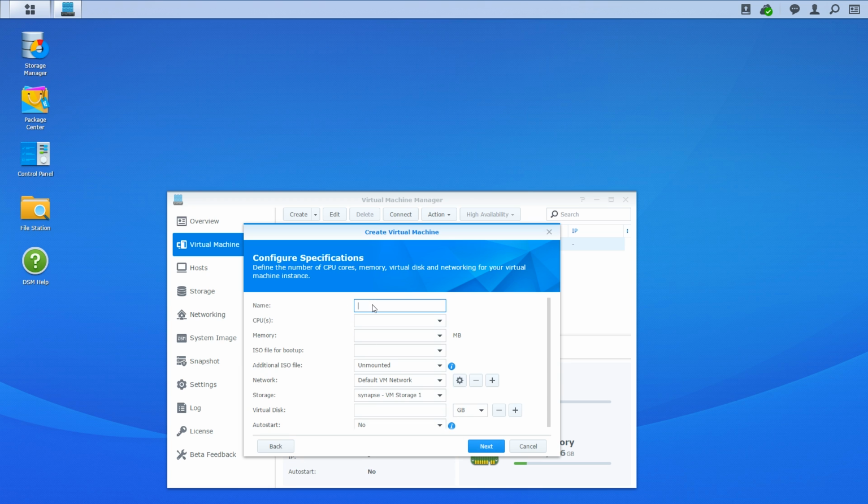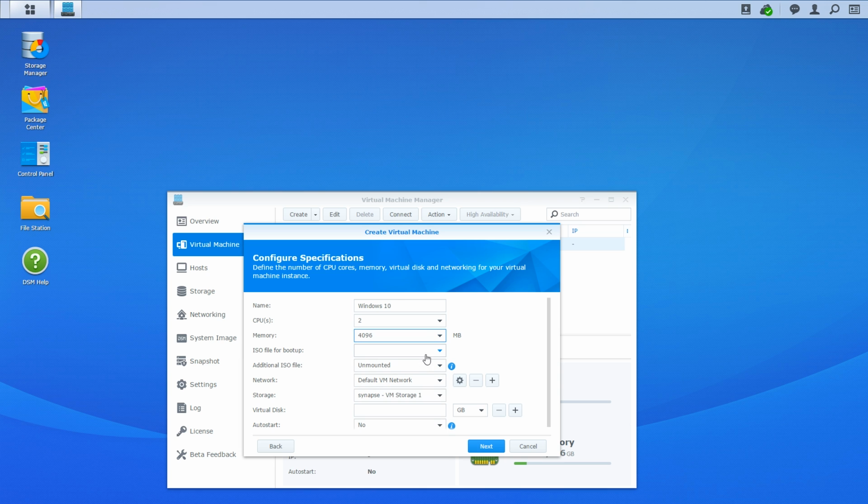Now we can configure all the specs for our virtual machine. The first thing we want to do though is to give it a name. In my case, Windows 10 is perfectly fine. Next in line is the amount of CPU cores we want to use. It's recommended to choose a minimum of 2 CPU cores for a virtual machine to run effectively. RAM is something that is dependent on your free RAM available. Generally though, 2 GB is a good starting point for most systems to run. I'm going with 4 GB